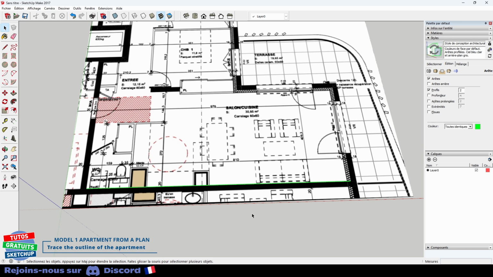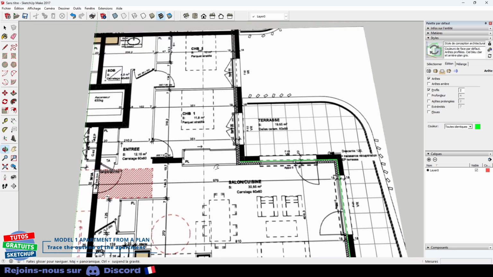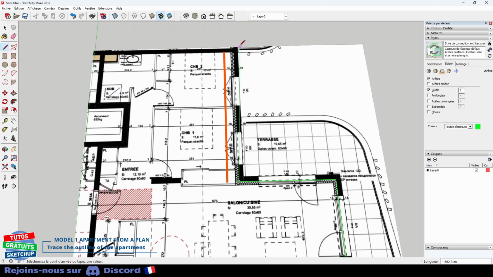I'm going to continue the outline of the apartment. I take the line, I put it on the end, I position myself along the green axis. Above all, I don't click, and here I'm going to type in the length 425.3, and so I continue the outline at 407.8. I validate by pressing Enter each time. Here, this length is not directly there. I had to calculate. I find myself at 629.7 and I confirm.